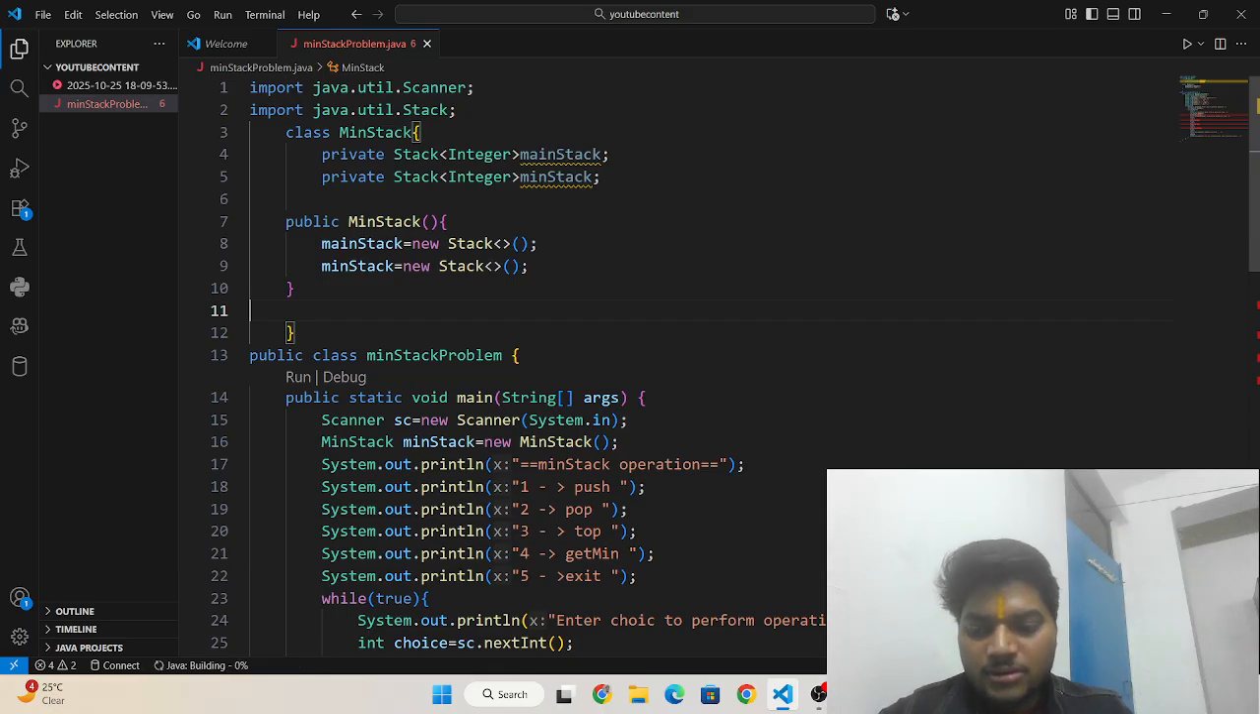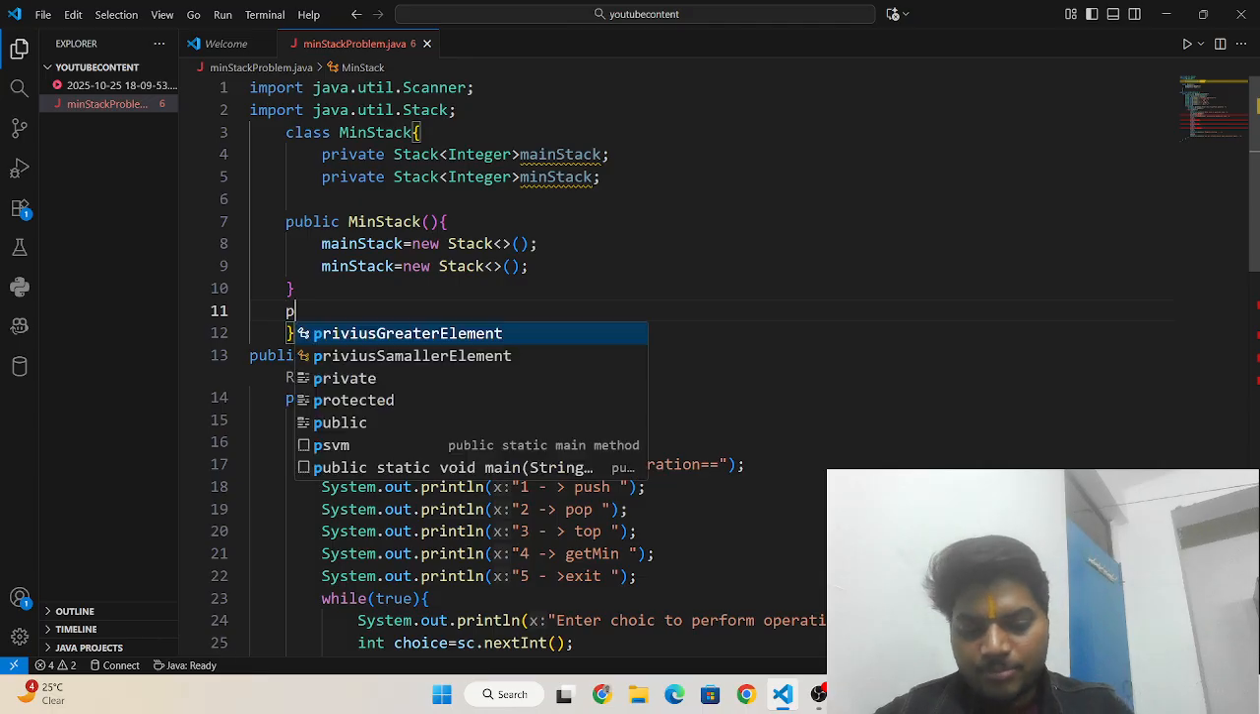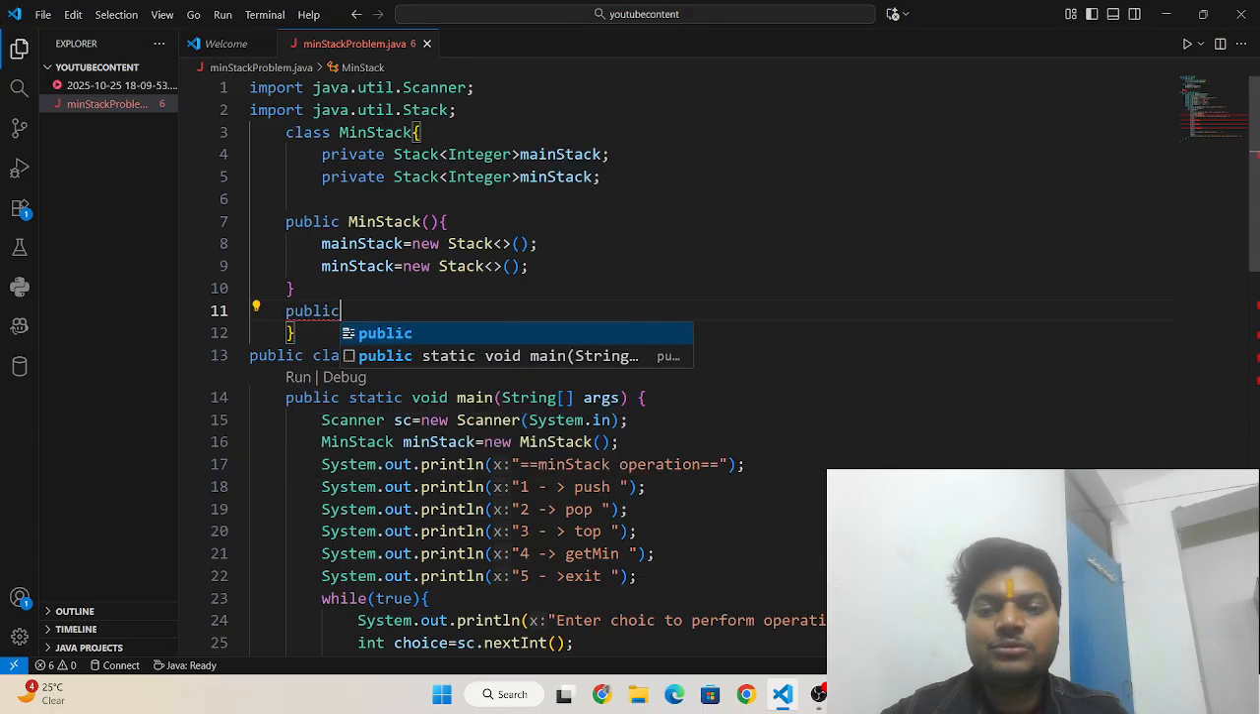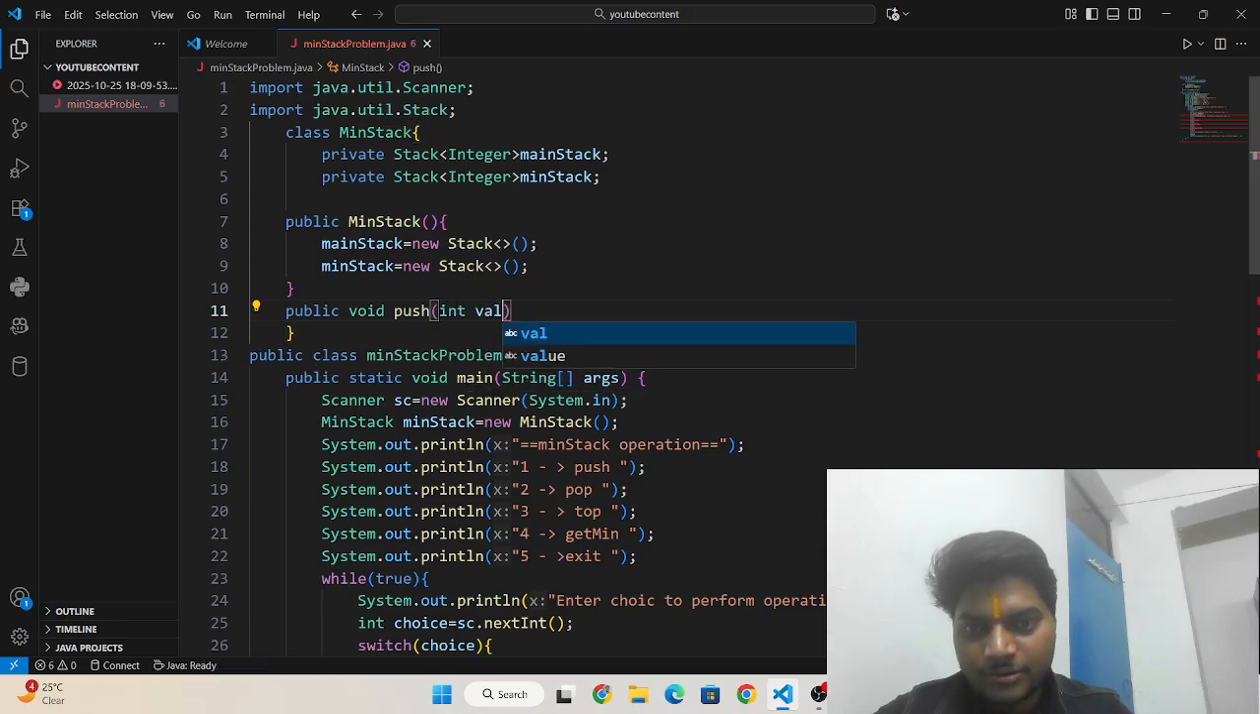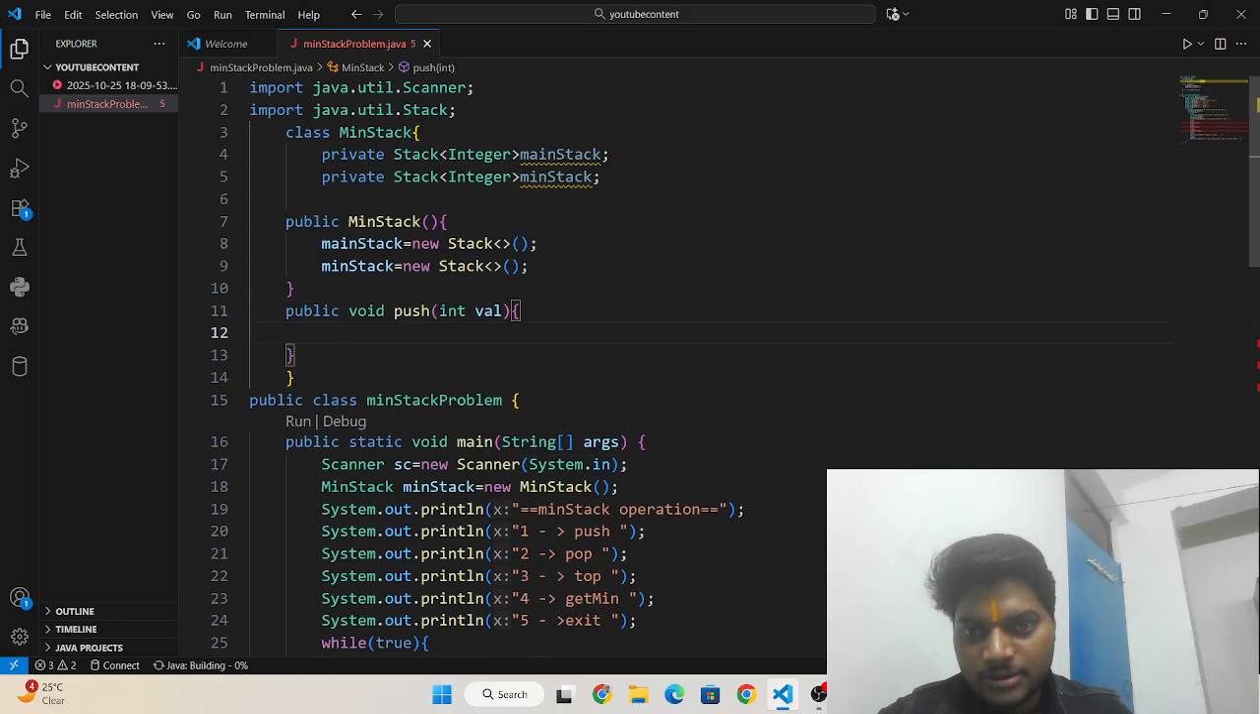I'm writing a public method to insert element in the stack. So I need to write here public void push int val you have to take, and then you have to insert this val in main stack. So I need to write here main stack dot push val, and you have to also insert it in the